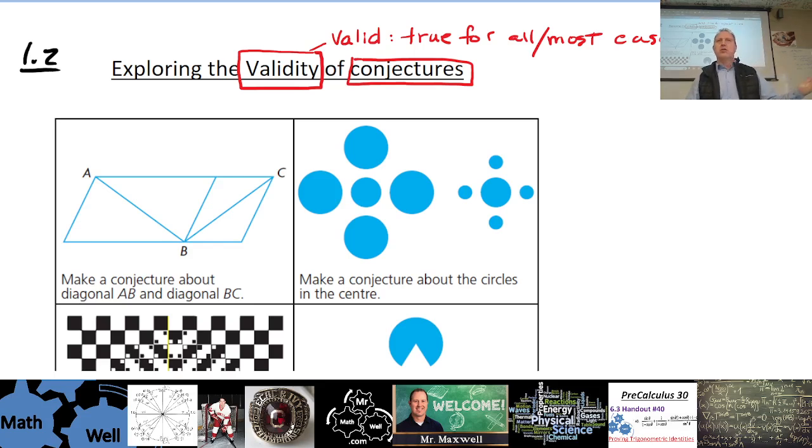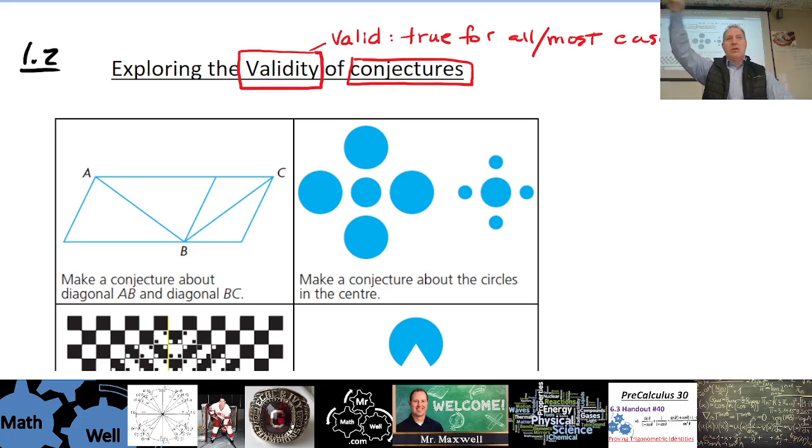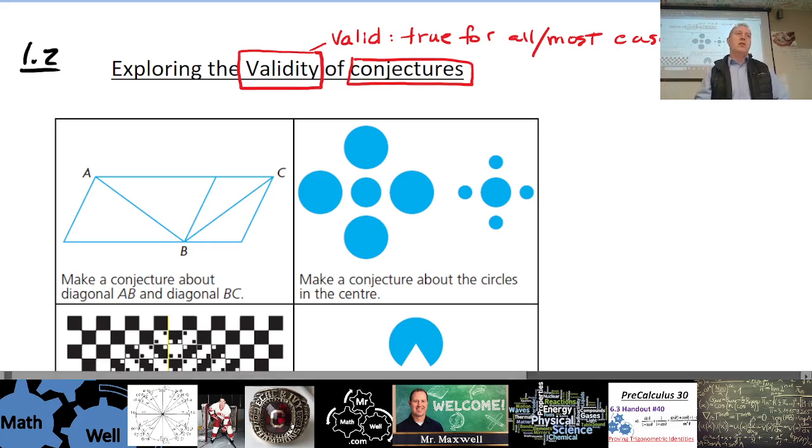Oh, grade 10 students, where are they right now? No, they're not in Mr. Maxwell's class. They're in Cancun. Oh, okay. That's a pretty cool school. Any votes that we should maybe have class in Cancun instead of having them here during the winter at least? Yes? Okay. We have some votes. I will propose that to admin, and we'll see where it goes. So flights might be a little pricey, but hey, we can do it. We can live on the beach, sleep in a palm tree or something, on a hammock, get up and do math. Okay, but I digress.